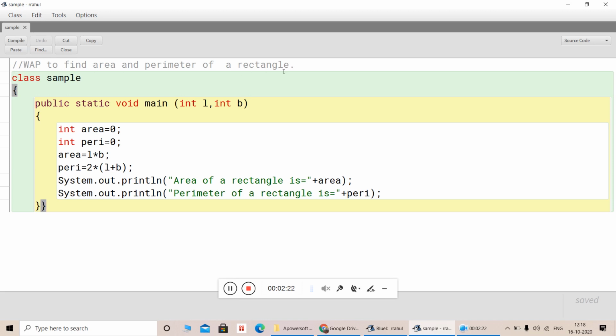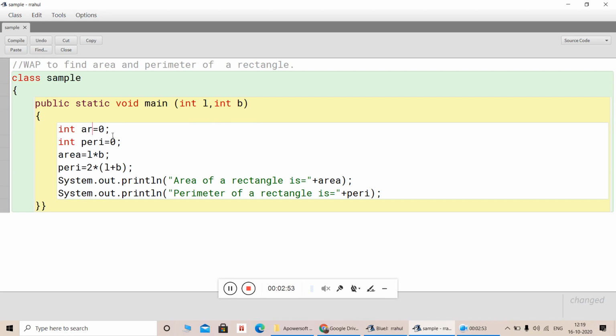Okay, now when we start writing a program, first we have to decide how many variables we have to take, and what will be their type. To make the program simple and easy, we will take data type int. So everywhere I have taken the integer data type. See, int L, int B, int area, int peri. Okay, now wait a minute, let me make some change.